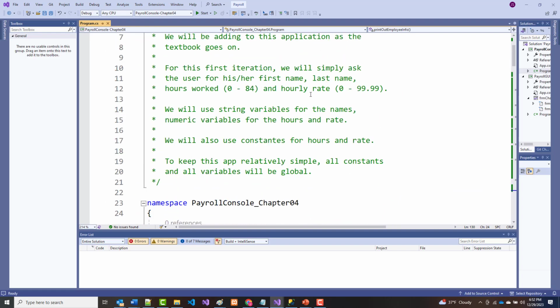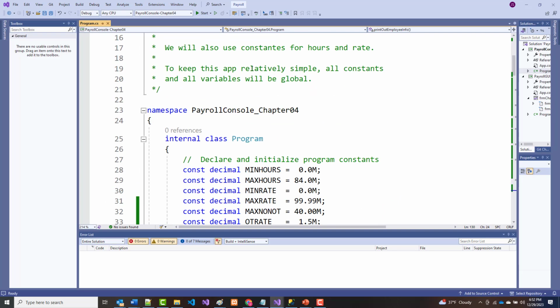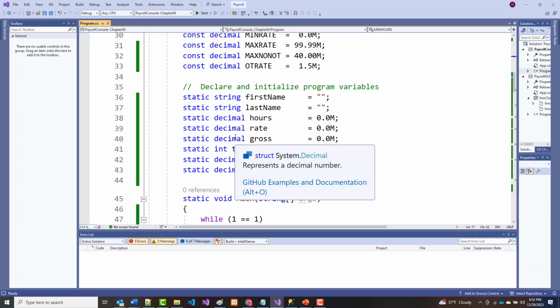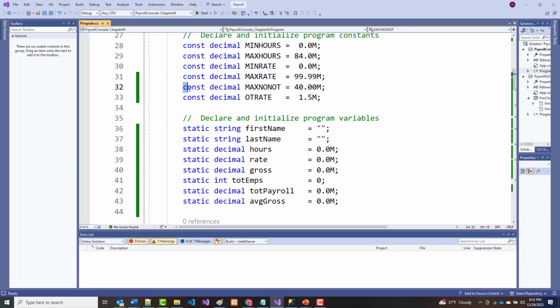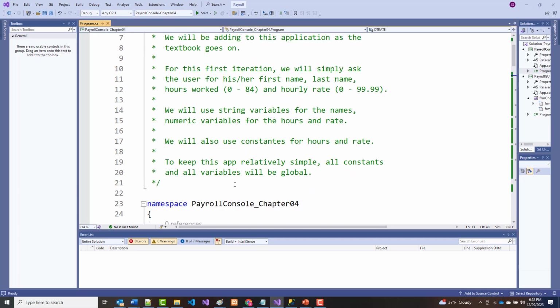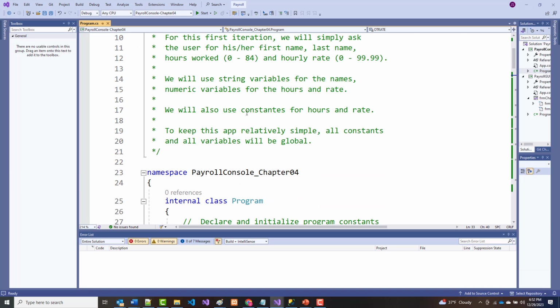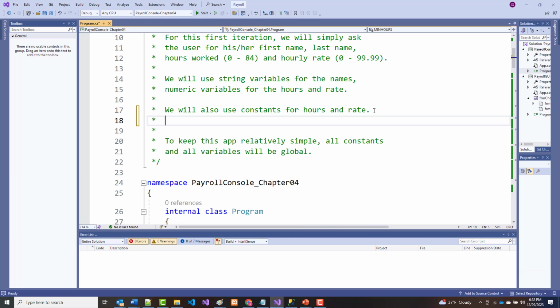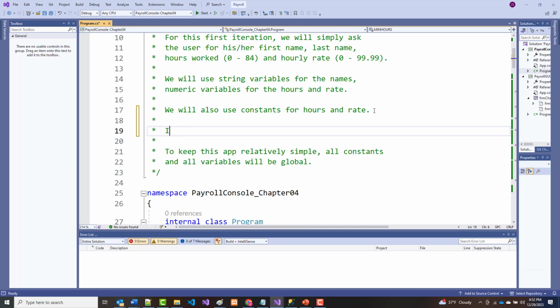So what do we have in here? We're now using all of our constants. And also, we added 2 more constants. All right. So to keep this simple, all constants and variables will be global. We will also use constants for hours and rate. In addition,